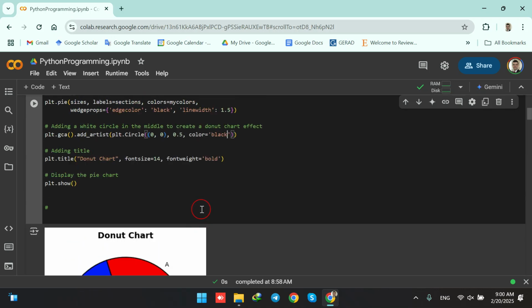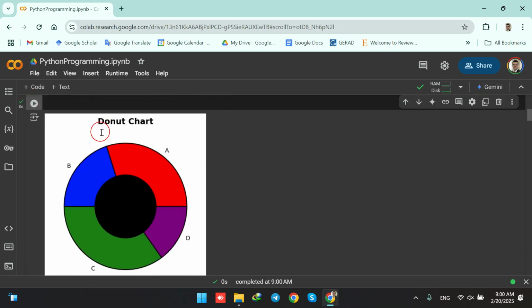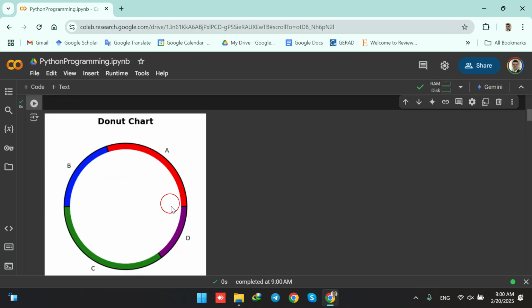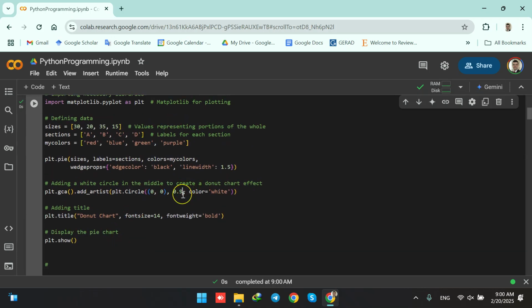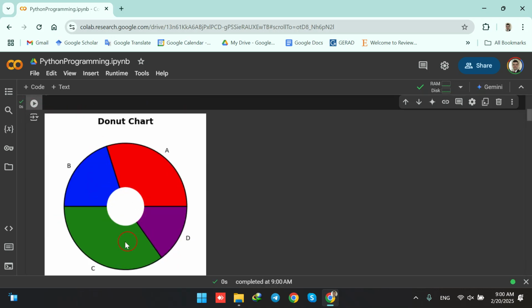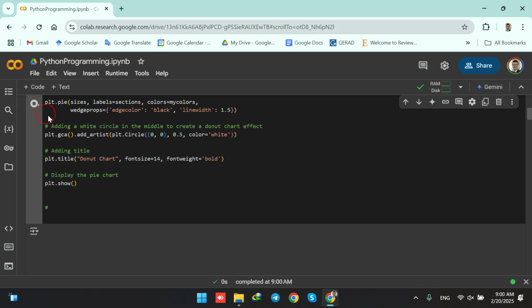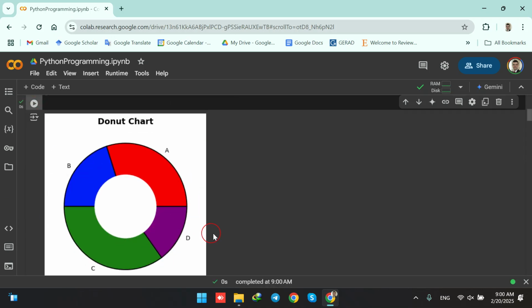I could say the color to be, for example, black. So when I run the code, you see the middle circle is now black. We can change to whatever we want. So it's white again, and I can modify this number as well. So instead of 0.5, I'm having 0.9. So you see that it's much bigger, and it doesn't make sense to have it this big. We can try 0.3. We see that it's very small now. So I think 0.5 would be a good start for the size of